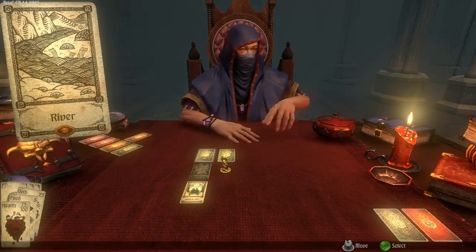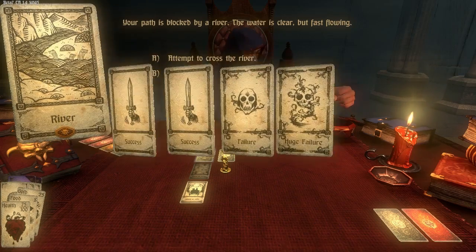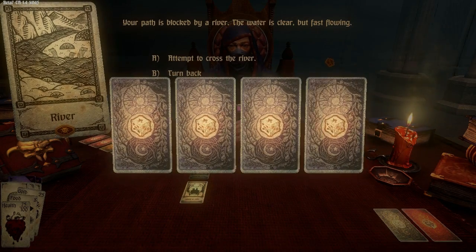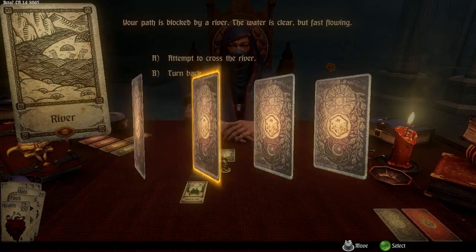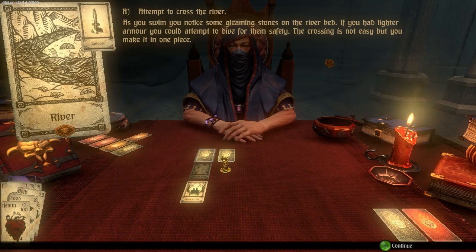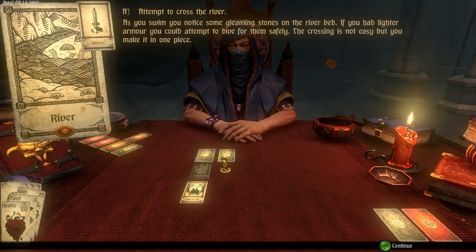Okay, river. Haven't done this one yet. Attempt to cross the river. Oh boy. I think it's here. Yeah, success. Okay, so we get the token. As you swim, you notice some gleaming stones on the riverbed. If you had lighter armor...